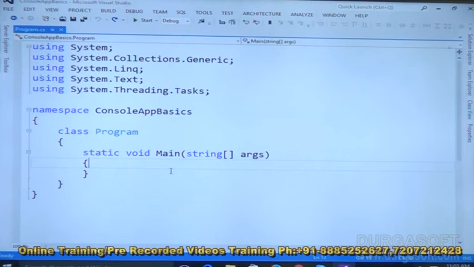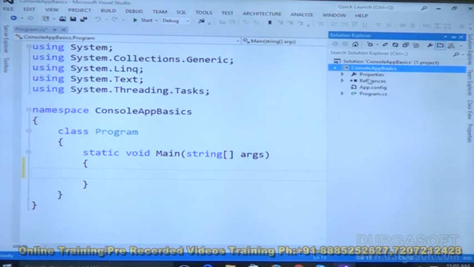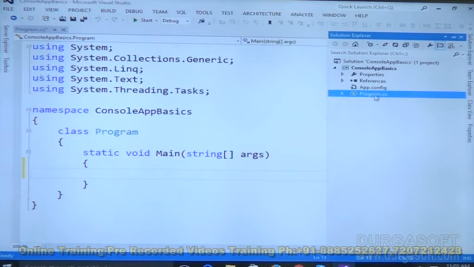Static void Main is the main method, the entry point of this program. The namespace is the user-defined namespace, Console App Basics, and these are all system-defined namespaces. After creating it, when we go to Solution Explorer, our solution name is Console App Basics, and after that you can see Program.cs.